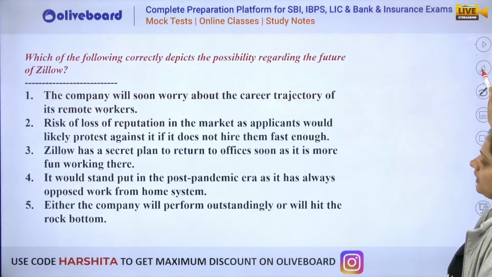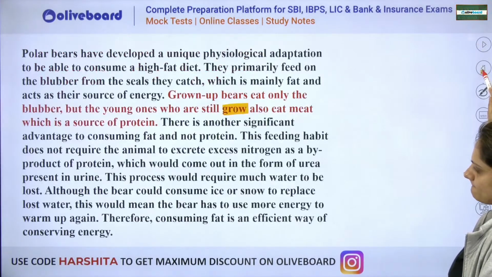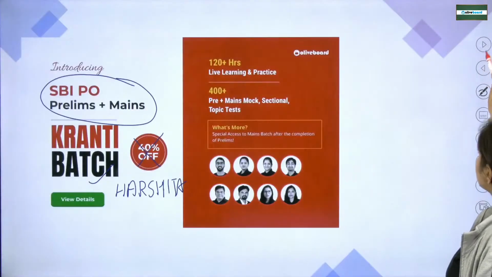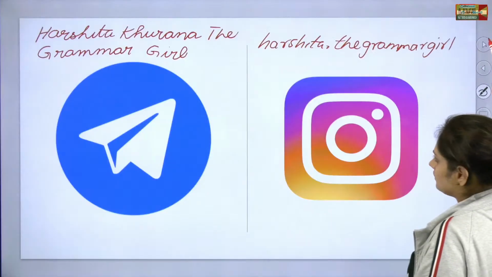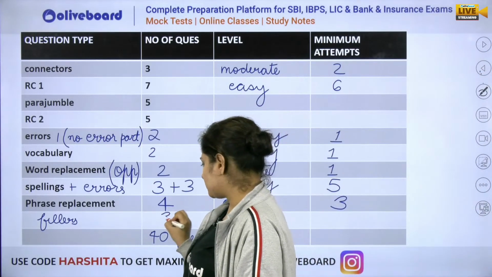अच्छा, अब मैं आपका लिख रही हूँ लेवल. ठीक है, लेवल लिखते हैं. यहाँ पे फिलर्स के कितने क्वेश्चंस किए? 3. ओके,